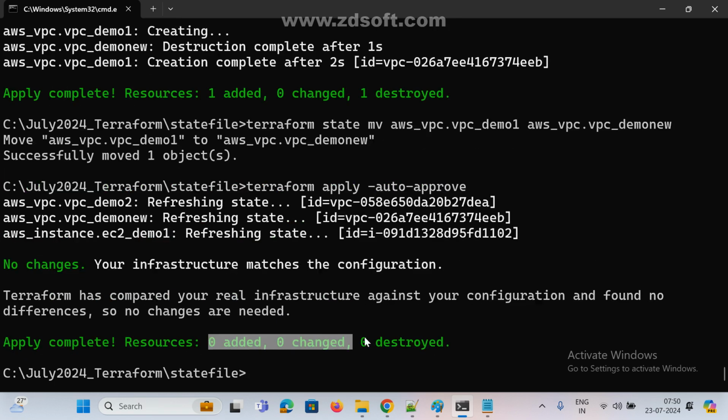Now you got it, right, what is happening. Earlier I did nothing, my actual resource, my script I had not updated. So only the Terraform state file is updated. Whatever you moved, the state file is updated. If you run the apply command, it is executing based on your local script only, right? So that is the reason it is created. Now I updated whatever name is available in the state file, the same name I updated in my local TF file also. Now see here, it is checking both are matched, there are no changes.